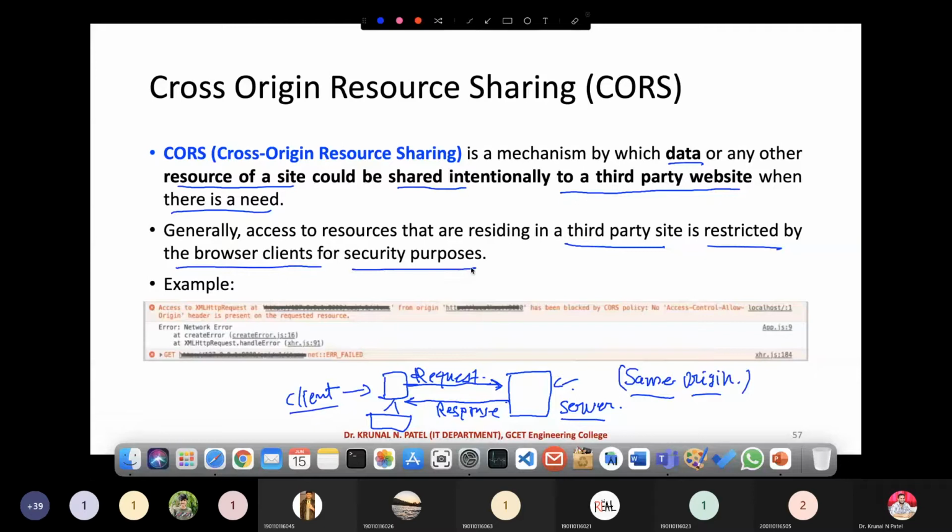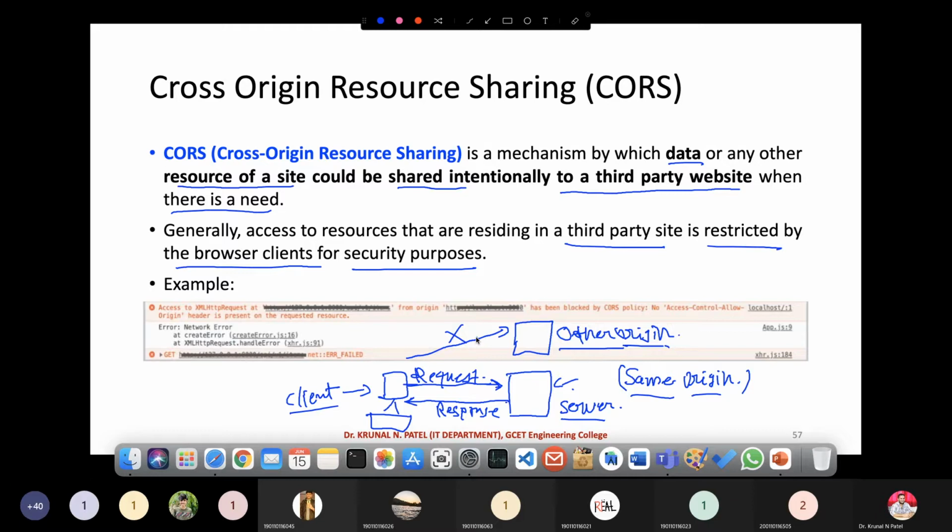Apart from the same origin, if your request goes to another origin, that is known as the other origin. At that time, it denies the response or those resources.